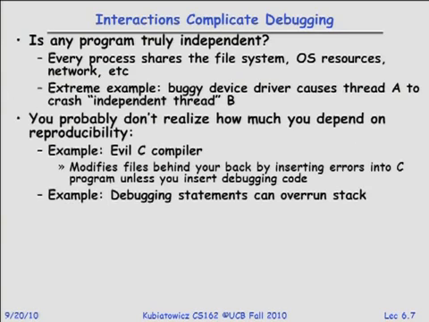And reproducibility is pretty important, so I gave you this example at the very end of the evil C compiler that modifies things behind your back and only gives you correct code when you put debugging in, and when you remove the debugging information, it gives you bad code. Okay, now hopefully that doesn't happen too often, but this would be your good mental model of a very bad,